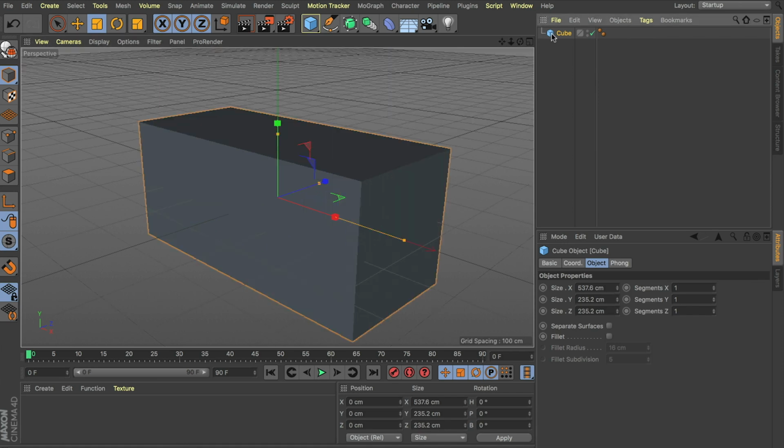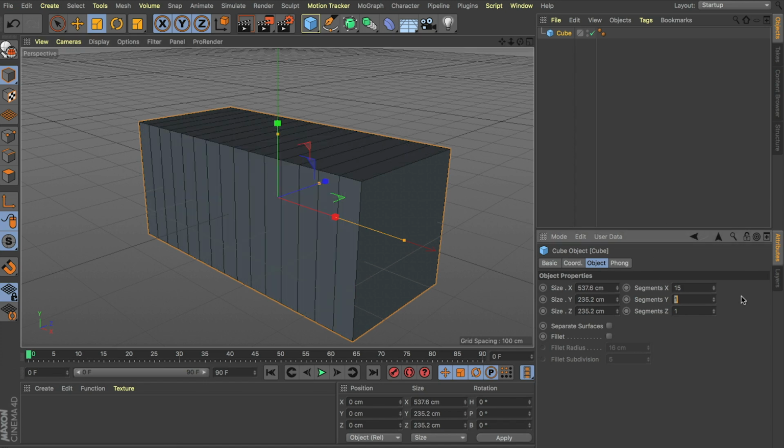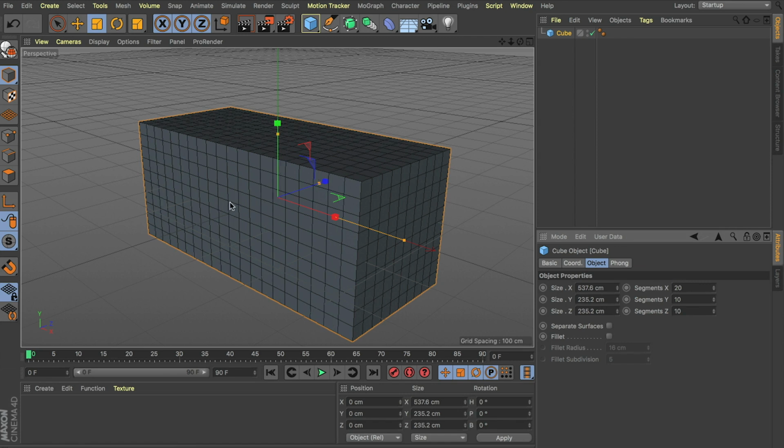And let's frame up our main cube. If I hit N B on our keyboard, you're going to see we've got very little geometry at the moment. So let's just give this a little bit more. So our X height, this is our longest edge. So I'm going to give this a few more segments. Let's go 15 and 10 in both the Y and Z, sorry. And actually in this X, I might increase that a little bit, something so we're a bit more uniform. Looks like 20, that's perfect.